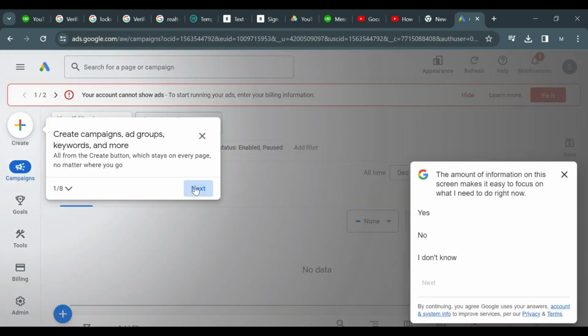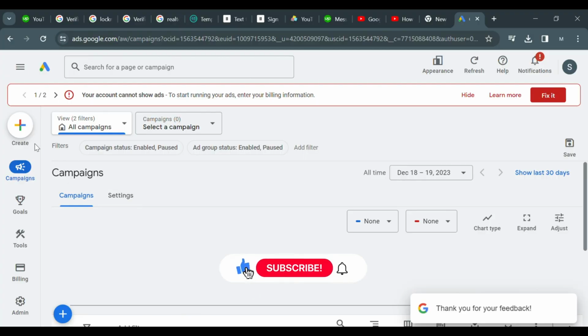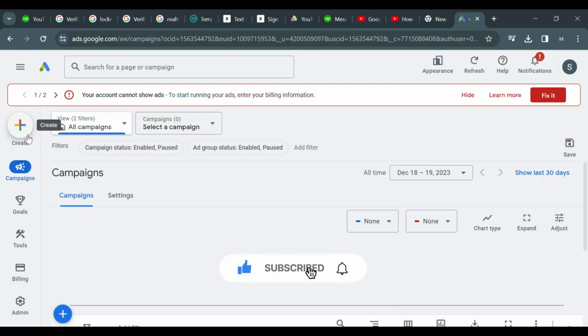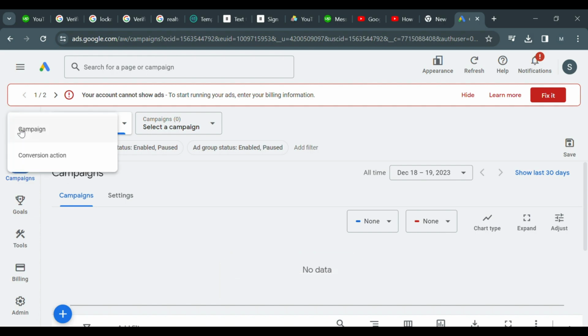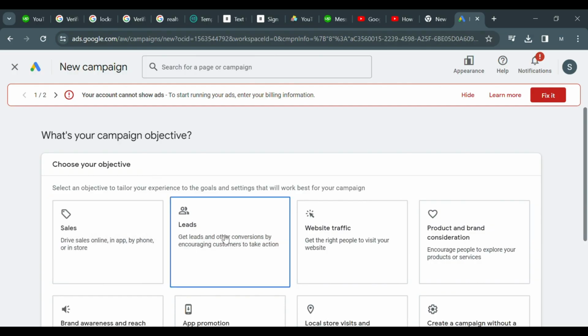I've already got my keyword research ready to go, and we've got it broken into different campaigns. And I've also got my ad copy ready to go. So I'm going to be setting up this campaign for the one-bedroom villas. The first thing we're going to do is press this new Create campaign, or you can even go up to here and press Create, and we're going to go Campaign. Now for a service-based business, because we're looking at generating more leads,